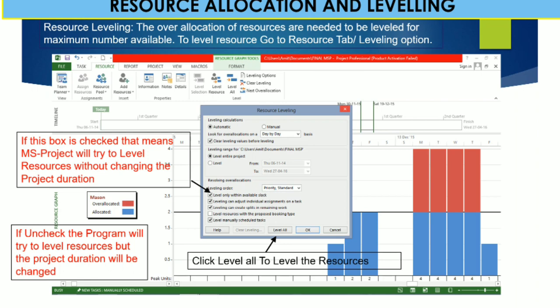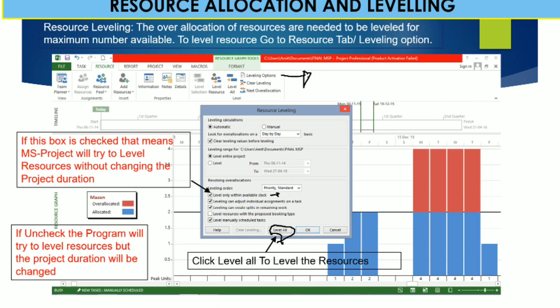To level a resource, go to the resource tab leveling option that we already saw in the earlier slide. Then check the box so that MS Project will try to level resources without changing the project duration, that is, level only within available slack. You have to check this box; if unchecked, the program will try to level resources but the project duration will be changed. Then click level all.